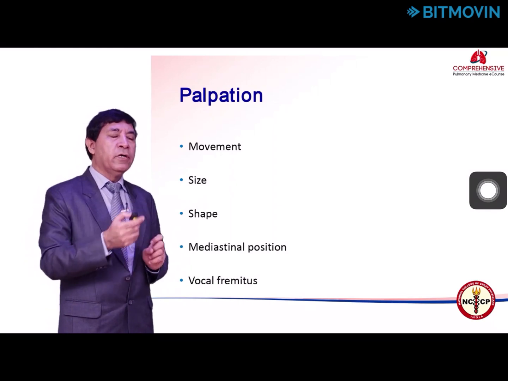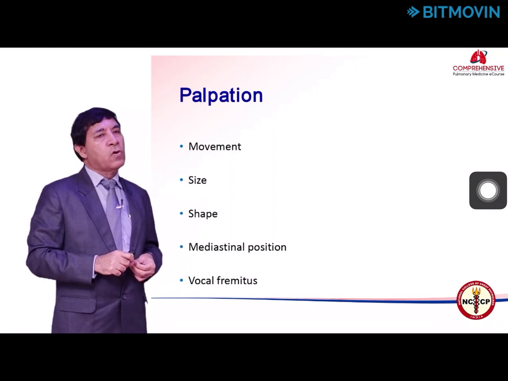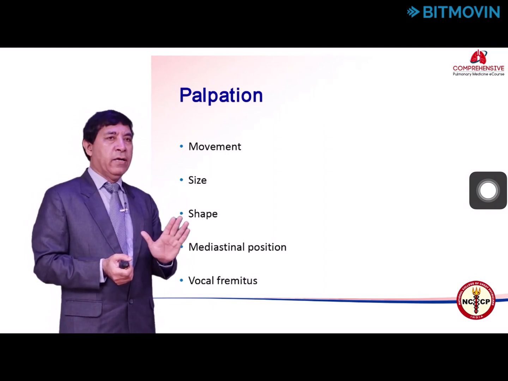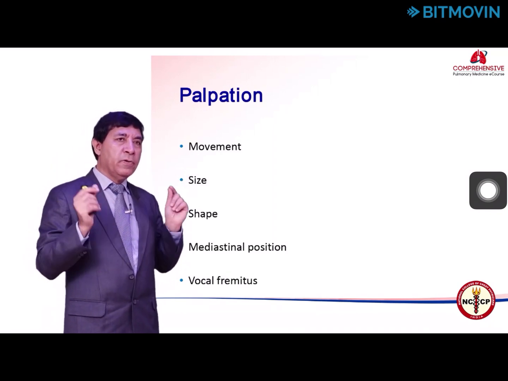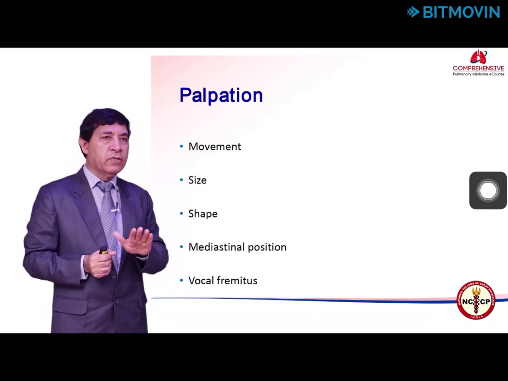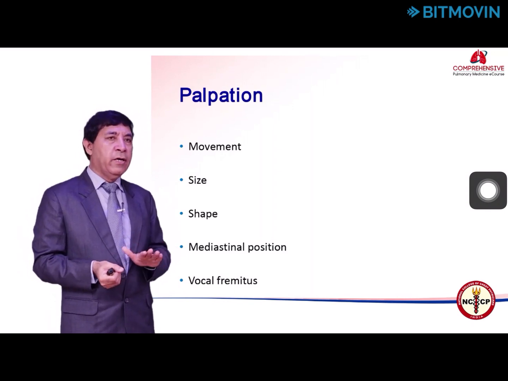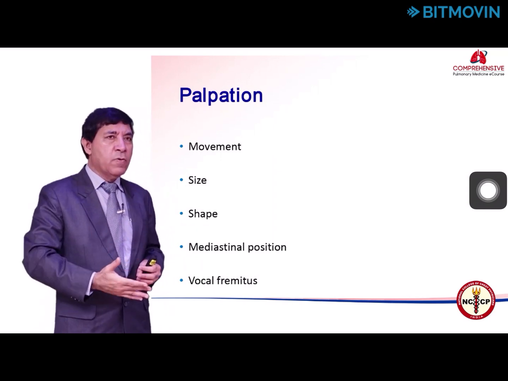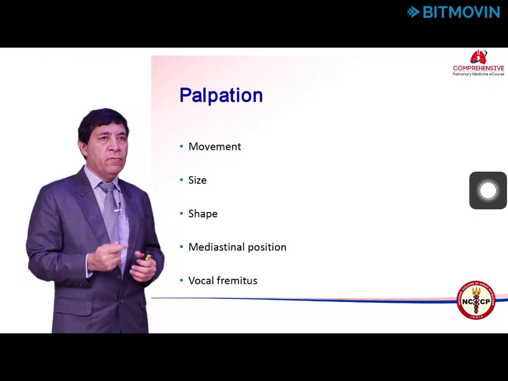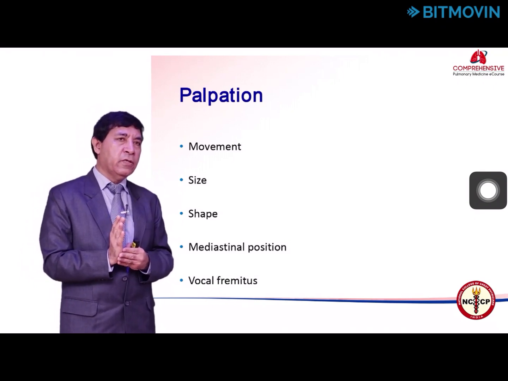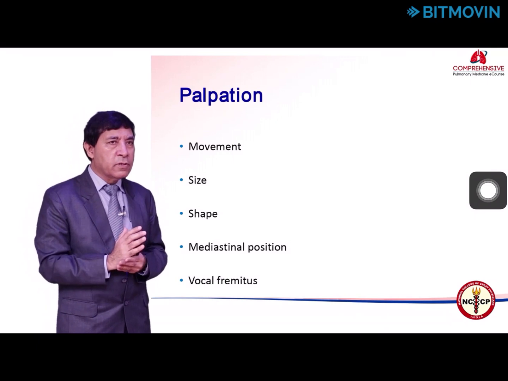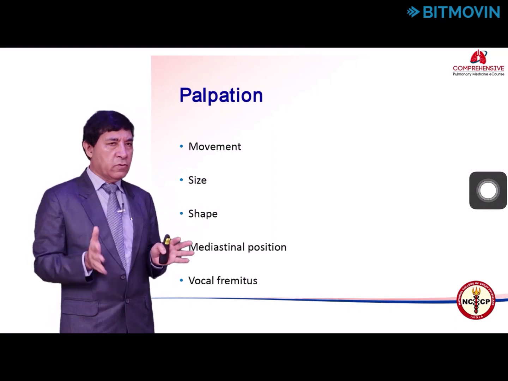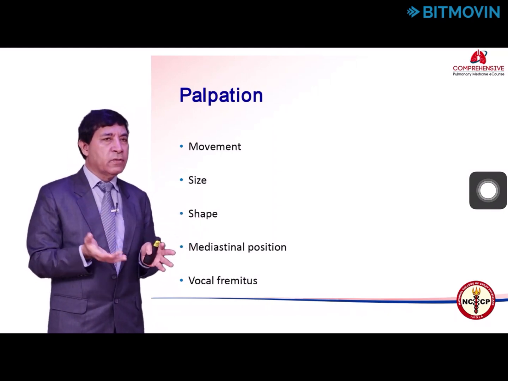Another important thing you see on palpation is the vocal fremitus. Vocal fremitus is the appreciation of sound with your hand. This sound you are not going to appreciate with your ears, but by putting your hand on the chest of the patient, you will try to appreciate it. So this tells you the capability of your hand to appreciate sound vibration. And we know that our hand only appreciates low frequency sounds, and under normal circumstances, the low frequency sounds are transmitted across our lungs to the chest wall. So presence of vocal fremitus is a normal finding.